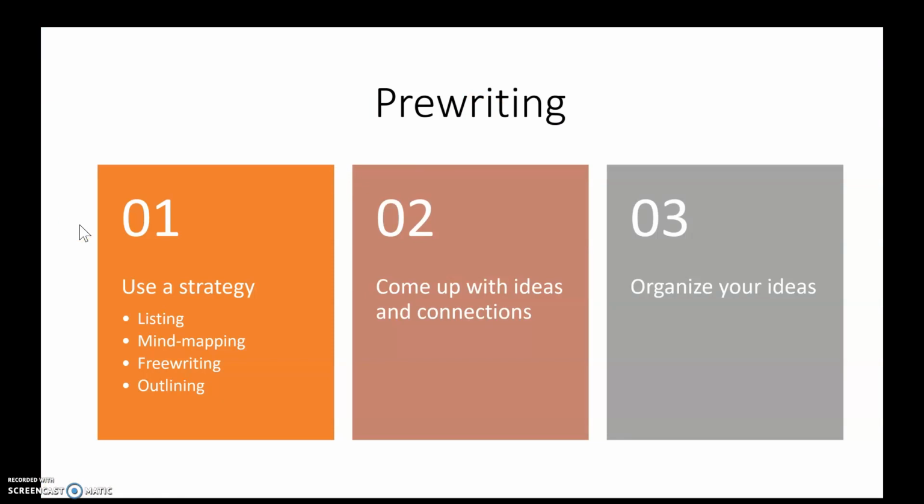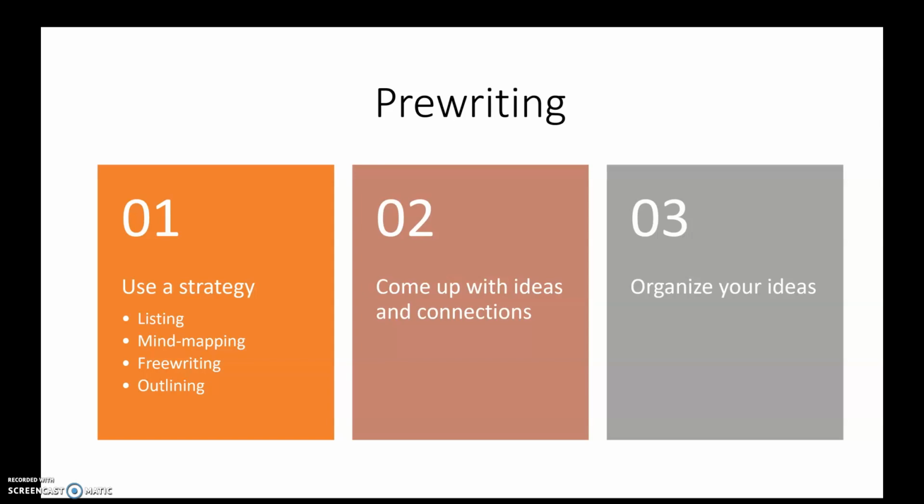Okay, so on pre-writing, there's a couple of concepts that I think are really helpful here. The first is you want to use a strategy when you're pre-writing. There are a lot of different strategies. Here are 4 of them listed here: listing, mind mapping, free writing, and outlining. But if you mix the strategies up, you often get worse results. So it's a good idea to choose one. Most people have one that they will ultimately prefer. I like listing, personally. Free writing is the second choice for me. Outlining, I use outlining and listing in the same way. And I hate mind mapping. But different people use different strategies. So you'll find the one that works best for you.